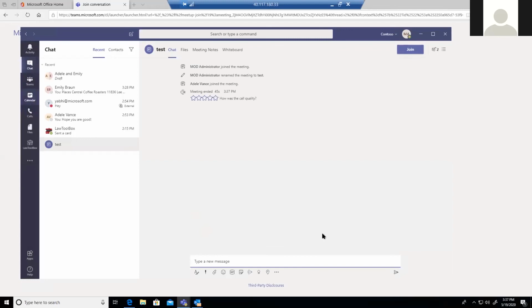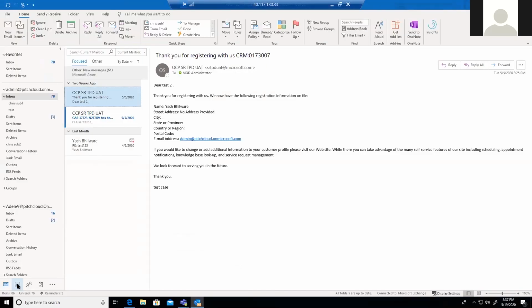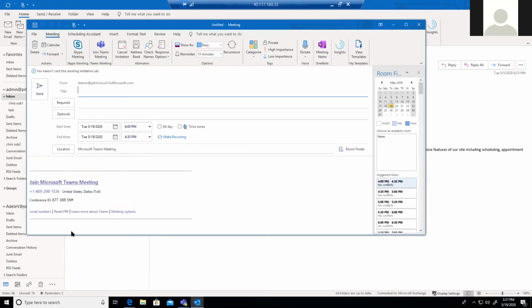But as you see, one of the options to create a meeting invite is to go to the calendar. The other one is I can directly go here in the drop down while I'm on this first page. This is how I do it because that's the quickest way to create a meeting. I click directly on Teams meeting, and it will open up a meeting invite with this functionality. And let me just set up a meeting with Emily.